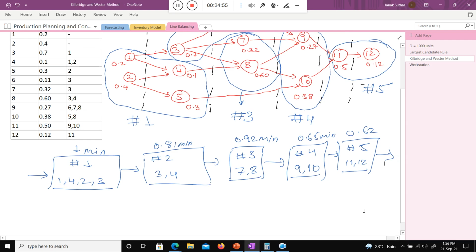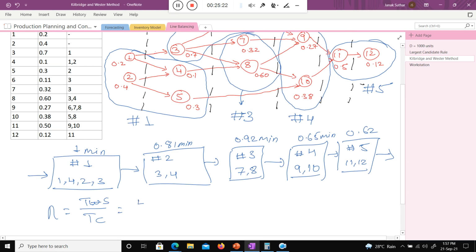Okay, very good. So now, the efficiency of this line balancing is the total workstation time, TW, divided by the cycle time, TC, times the number of stations.